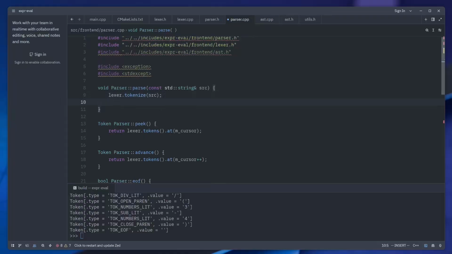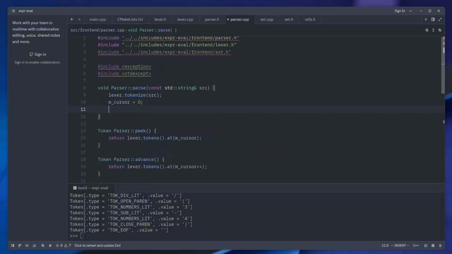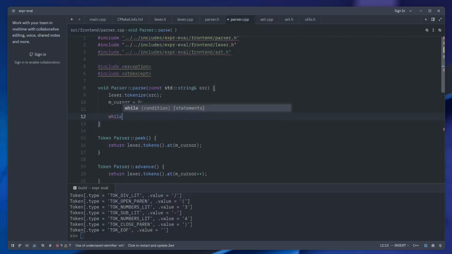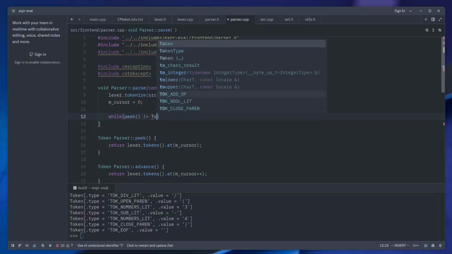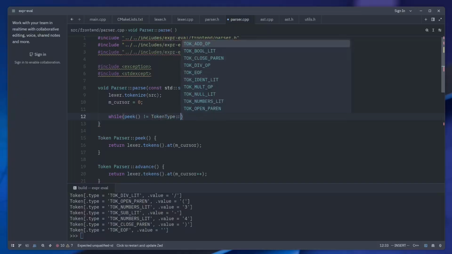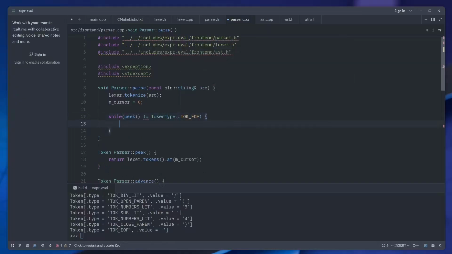What I need to do here, of course, is to reset my cursor back to 0, and then in our token class, I'll do while pick is not equal to token type EOF. Oh, this should be dot type, yeah. So as long as the current token we are checking is not equal to the end of file,